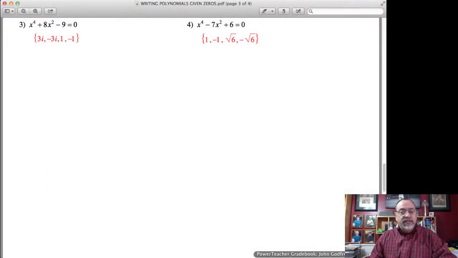Advanced Algebra, Chapter 6, Lesson 5, and I wanted to do a few examples where we determine all of the zeros of